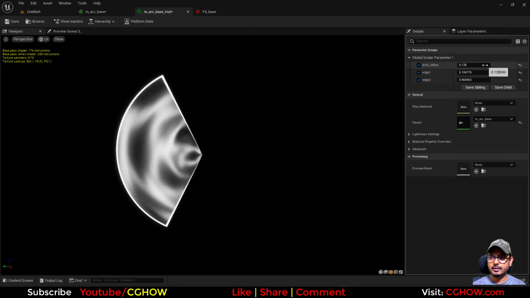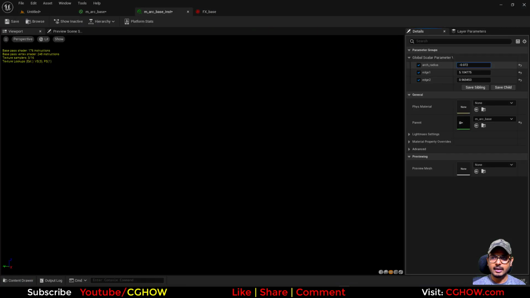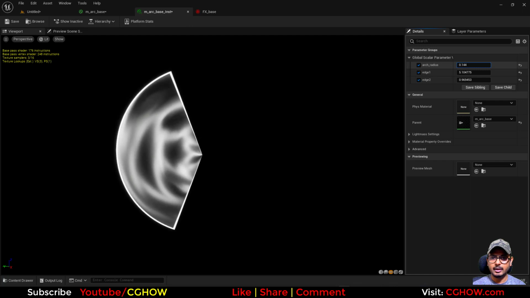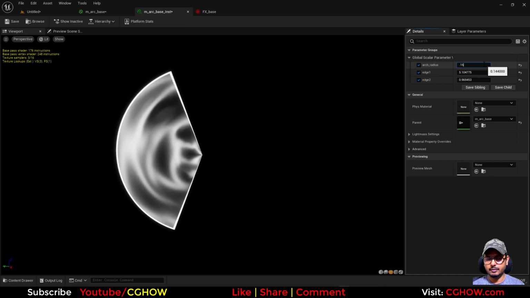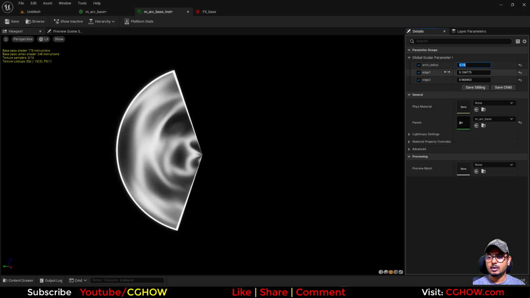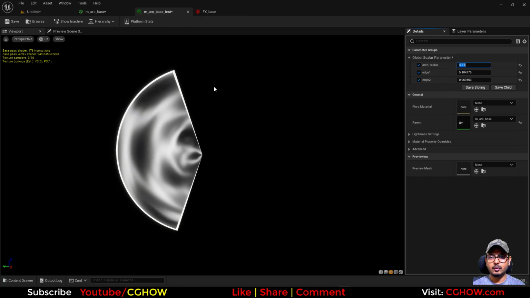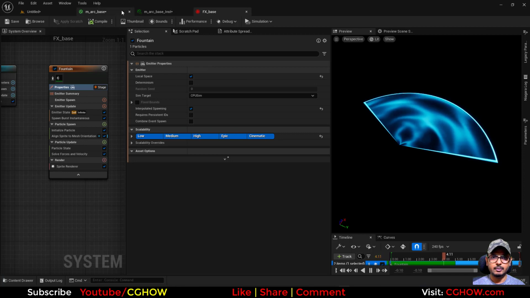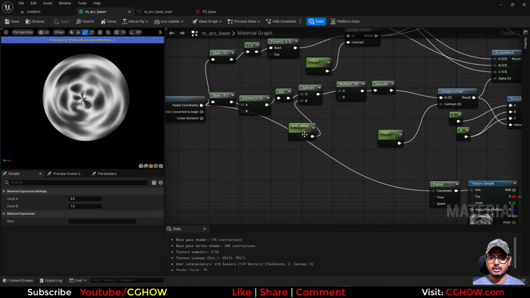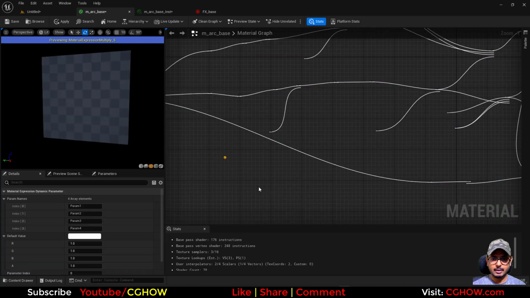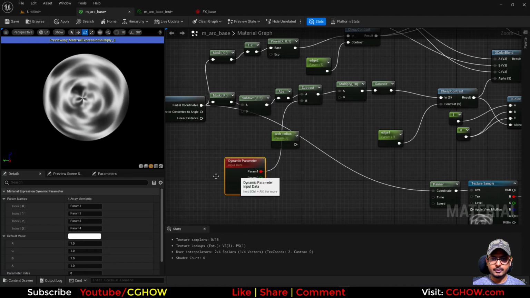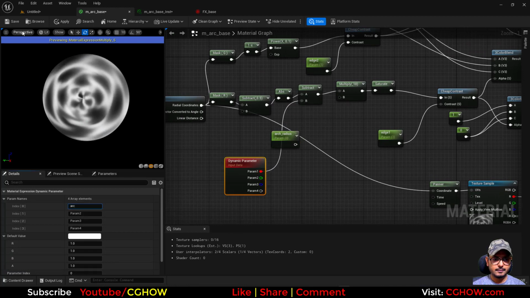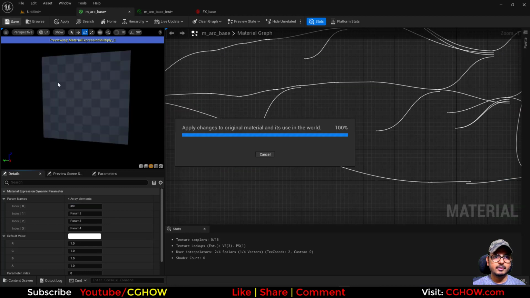So here this arc radius is animating from 0 to like 0.15. Okay, so we will make a parameter of this, and we don't need any other parameter, we just need one parameter. So this arc radius dynamic parameter, connect it here, save this,